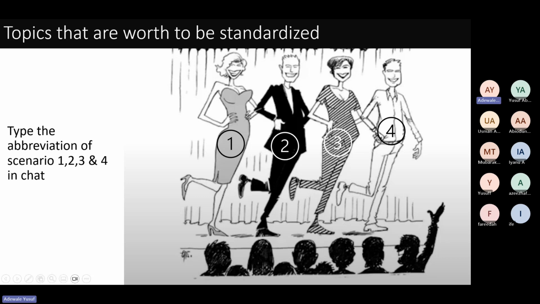Forecast. Yes, forecast, you're right. So forecast is number 3, and number 4 is what? Anyone want to try?